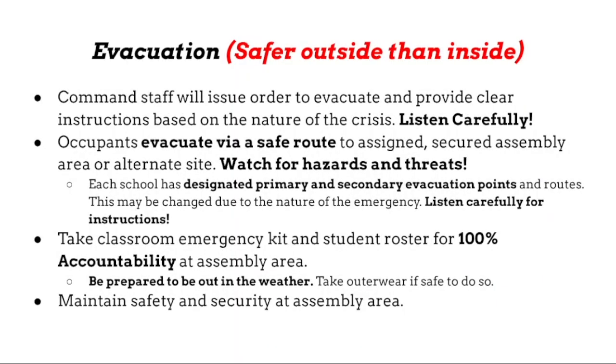Building evacuation. This evacuation is taken after a decision has been made that it is unsafe to remain on campus, and an evacuation to an off-site assembly is required. The principal will provide clear instructions via all appropriate means of communication. Teachers are to bring their student rosters and go bag and take attendance once the class is assembled in the designated safety location. Immediately report any injured or missing students and stay and wait for further instructions.